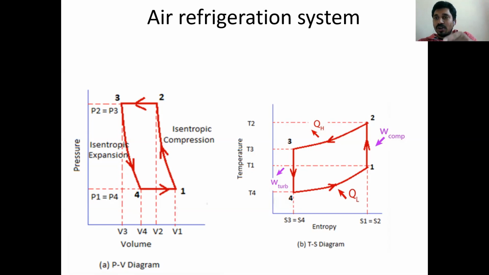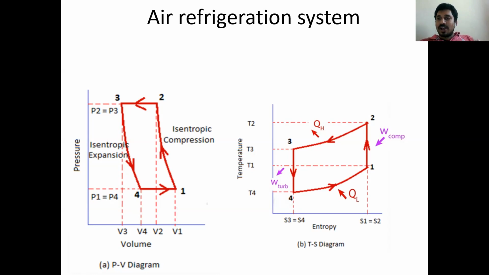Process is located 1-2, so that's why in our thermodynamic analysis I use notation W12. Then 2-3 is the amount of heat rejected to the surroundings, or heat removed from the system to the surroundings, which is denoted by QH or Q23, because that is process 2-3. Next, 3-4 is the work developed by the system, by the turbine, W34 or W turbine. So this is the notation of these cycles.